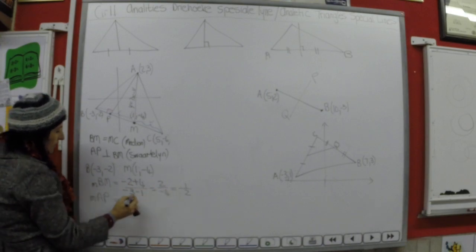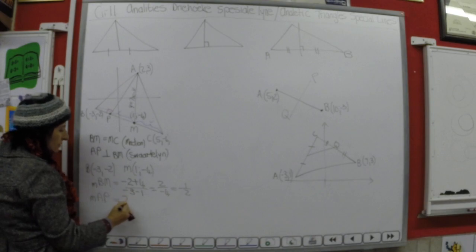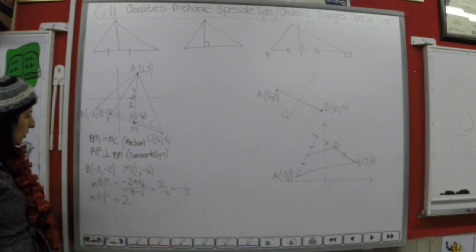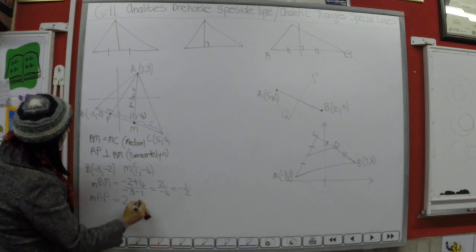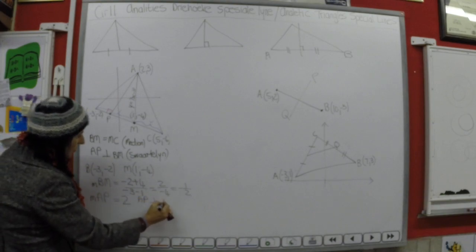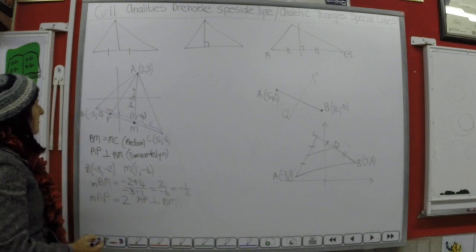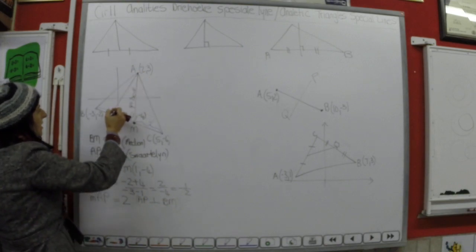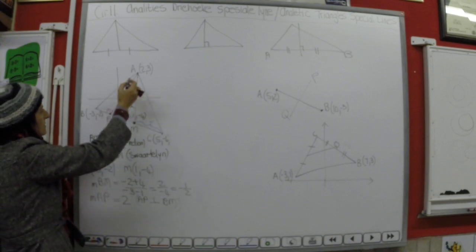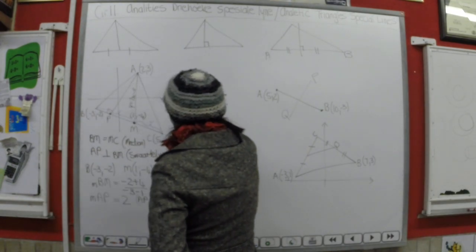So wat gaan die gradient dan van AP wees? The reciprocal of that without the minus, 2 on 1. Hoekom? Want AP is loodreg op BM. That's the reason. Now I've got the gradient. I've got that point now on AP, 2, 3. So we're going to use that